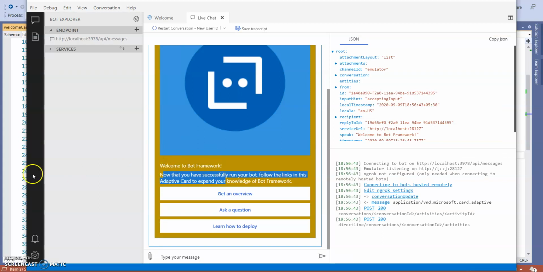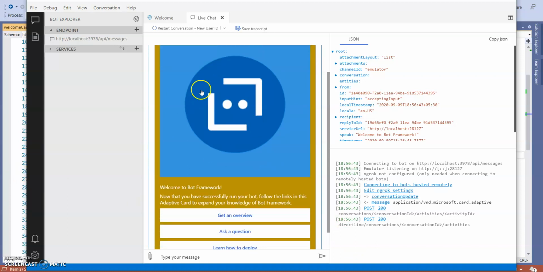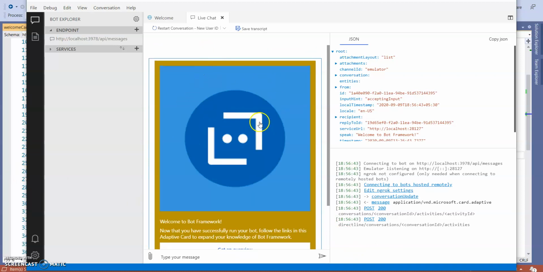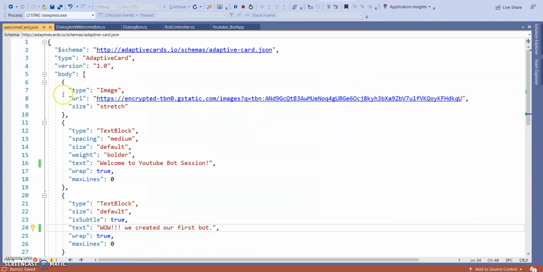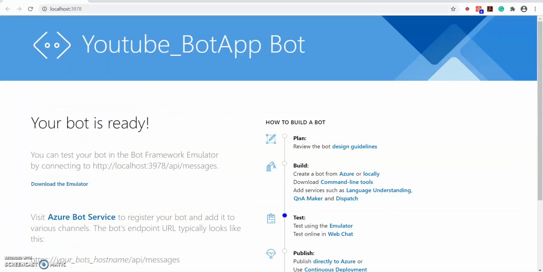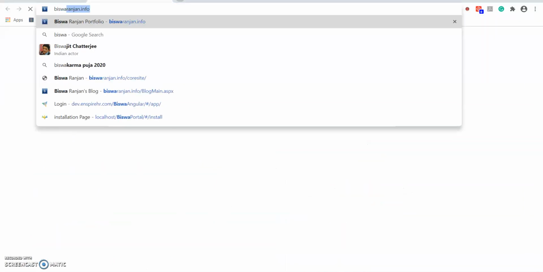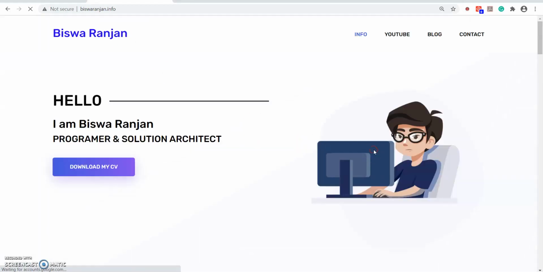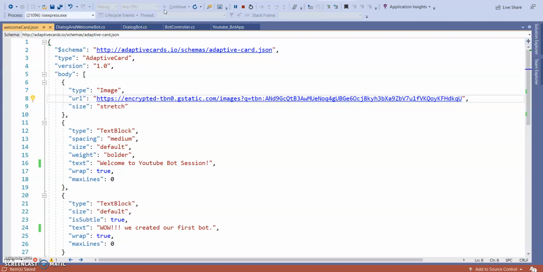Next I'm going to show you how to change the main banner image. You can see at the top, in the body, an image type is there. In this image type I'm going to show my own website's banner image, which is viswaranjan.info. Right click this image, open image in new tab, copy the image URL and paste it here.